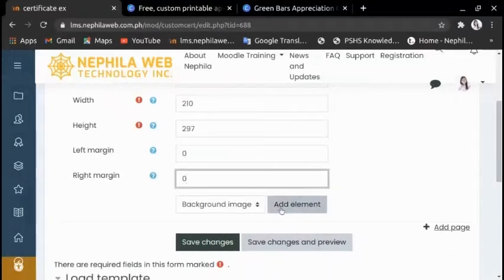If you notice, there is an add element button. Elements are what will make up your certificate. If you take a look at the list of elements that you can add, we can categorize the elements into dynamic and static. So what are those elements? The elements are background image, border,